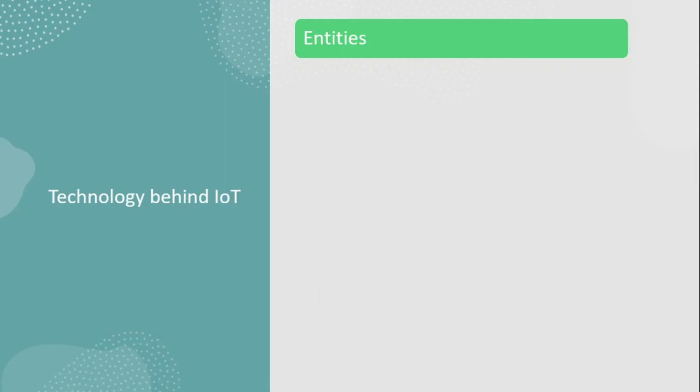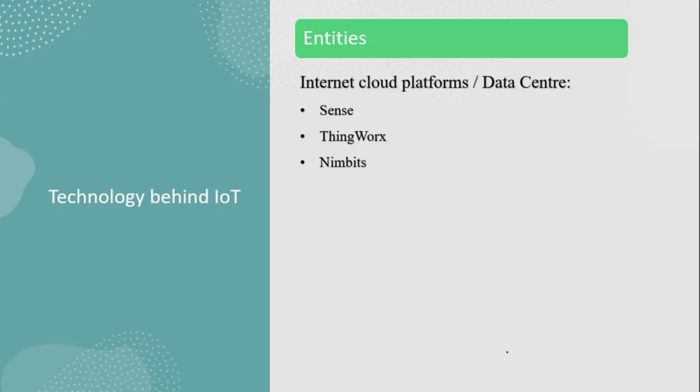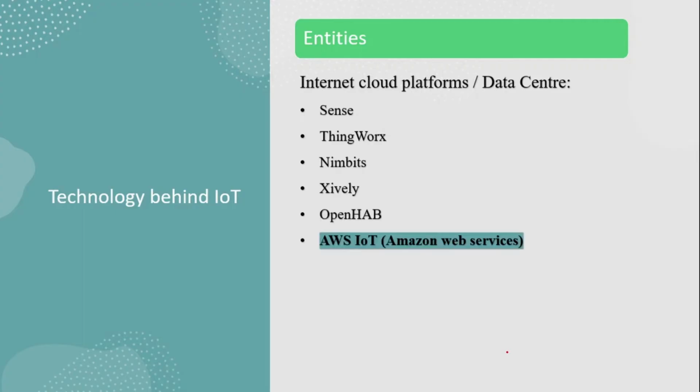Next one is internet cloud platforms or data center. This is the basic, the important thing in IoT, because the entire data is stored in the cloud platforms, right? So different cloud platforms are there: Sense, ThingRocks, Nimbits, Xively, OpenHab, AWS IoT, IBM Bluemix, Cisco IoT, IOX